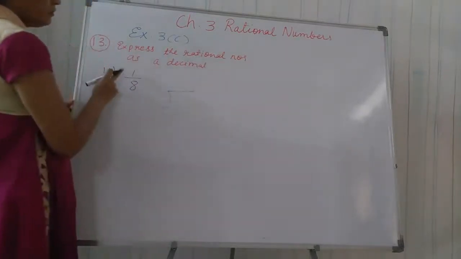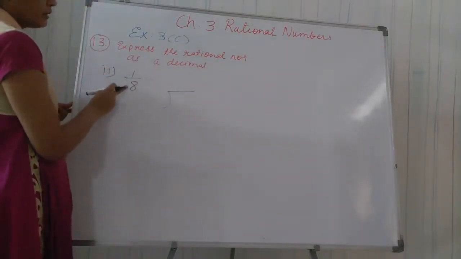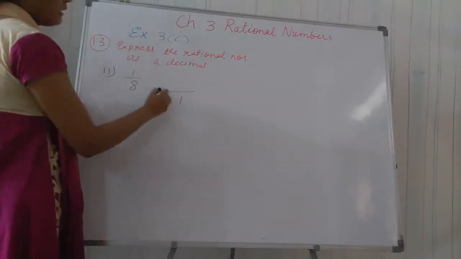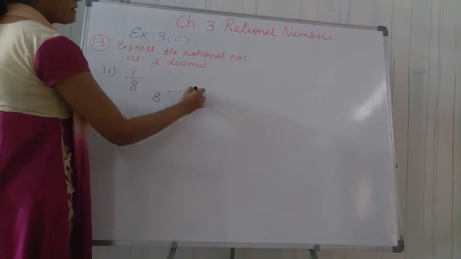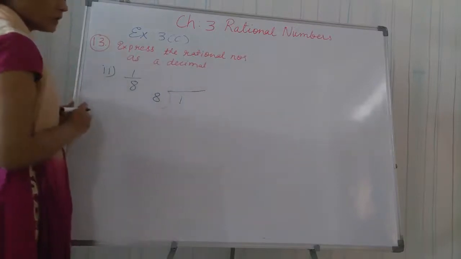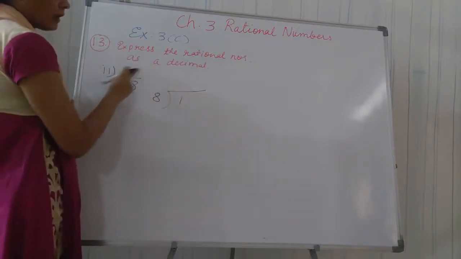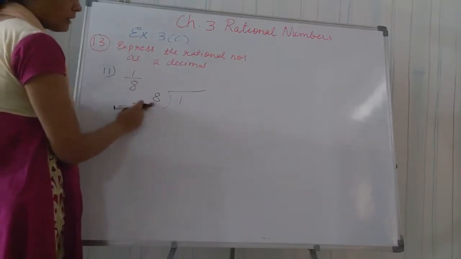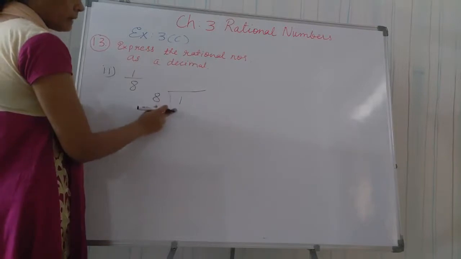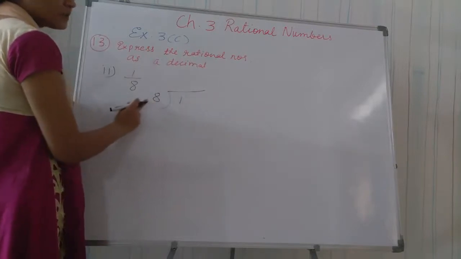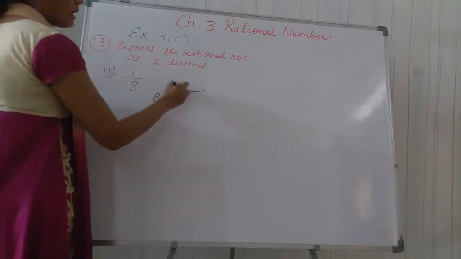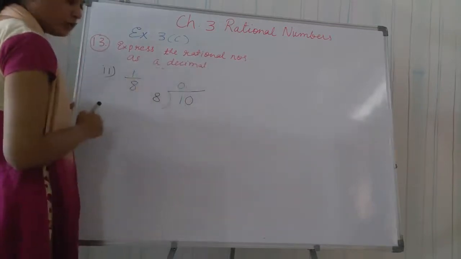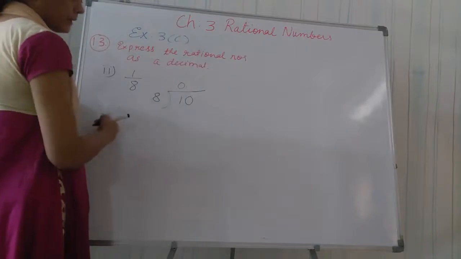So here we have to divide the numerator by the denominator. It means 1 inside and 8 outside. Always remember, some students make mistakes here. ये जो ऊपर का 1 है वो हमेशा अंदर लिखना है और नीचे जो 8 है वो बाहर लिखेंगे. अब हमें पता है कि 1 इज नॉट डिविजिबल बाय 8, तो हमें यहाँ एक पॉइंट लगाना है और 0 पॉइंट लगा देंगे ऊपर, तो यहाँ बन गया 10.